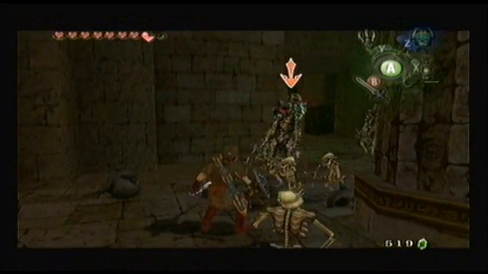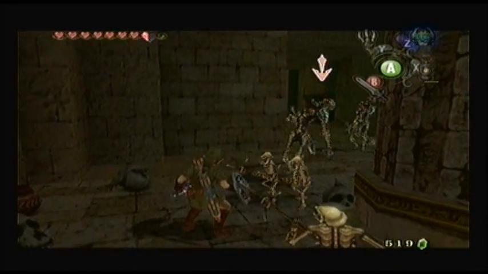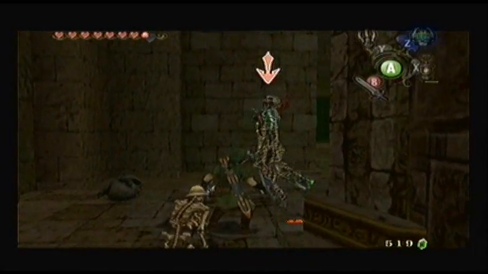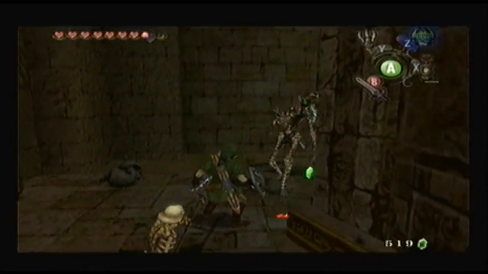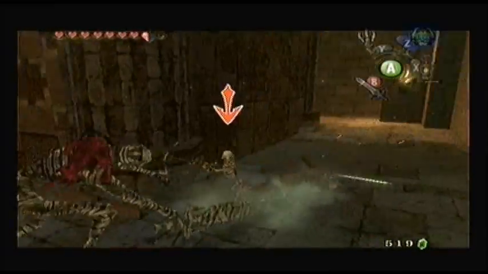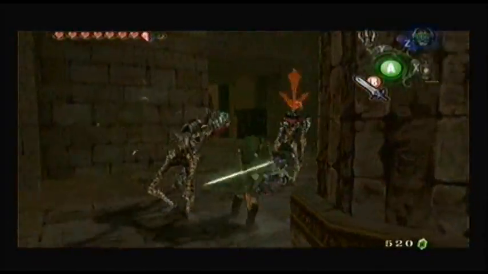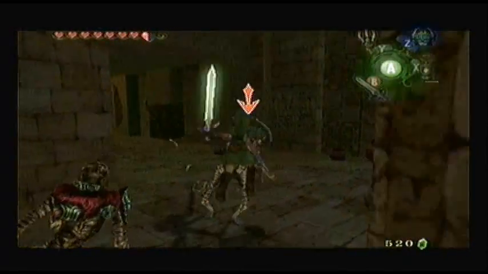And there's two of them, actually, so I do recommend getting rid of these little guys because you're going to have two of these bigger guys to deal with. They're both going to scream at you at the same time, and then you're going to have to deal with the little guys who are going to be attacking you when you're frozen, which is never any fun, so